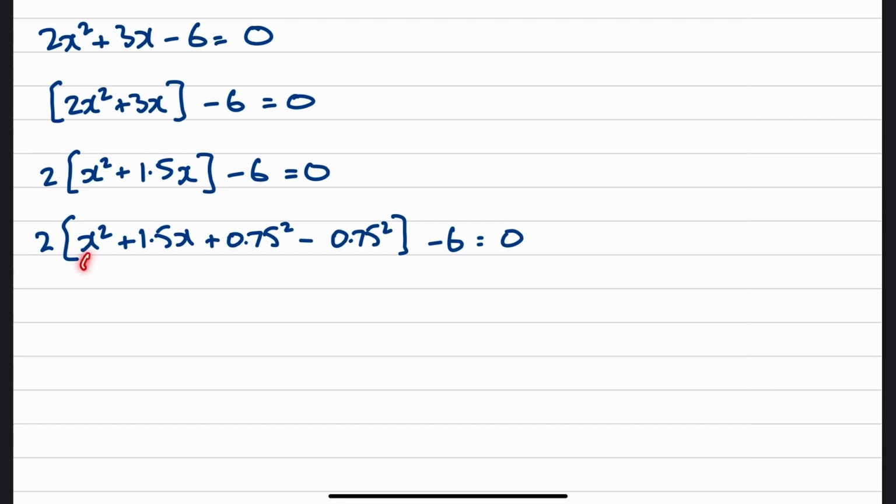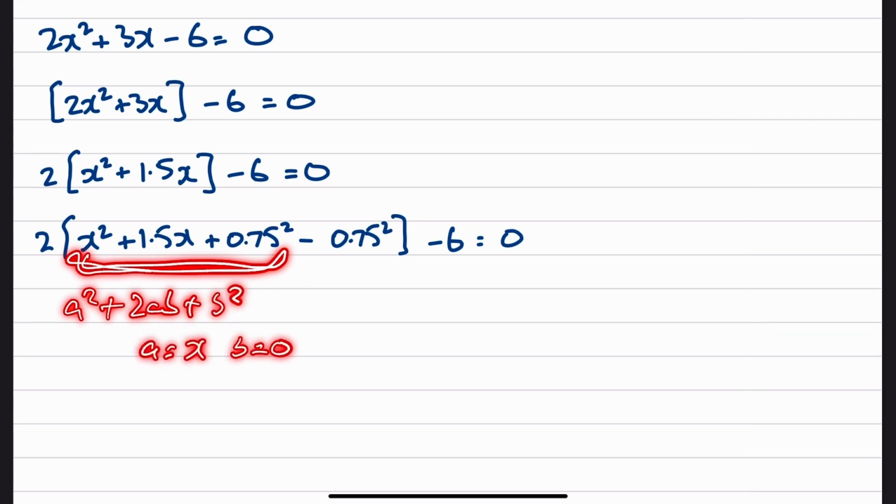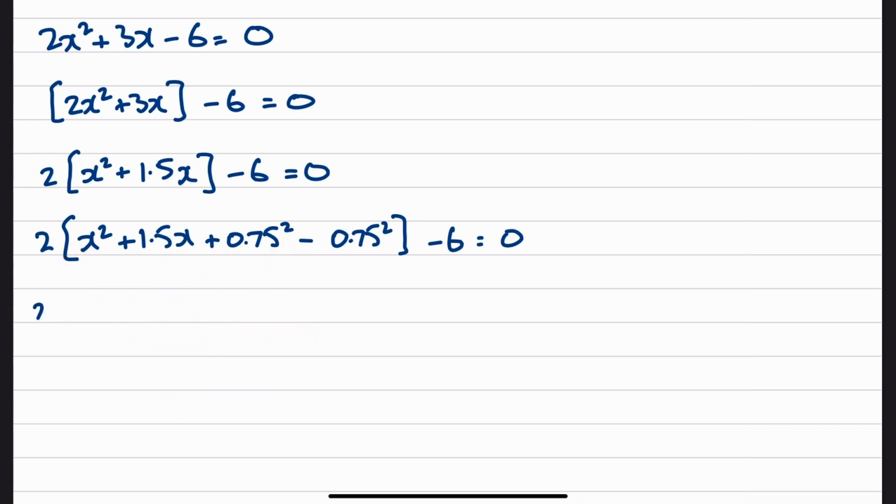Now this part, of course, is the same as a squared plus 2ab plus b squared, where a is x and b is 0.75, and we can just collapse it into a plus b whole squared. So what we get is 2 brackets x plus 0.75 whole squared minus 0.75 squared, which is 0.5625, in decimals it's 0.5625,